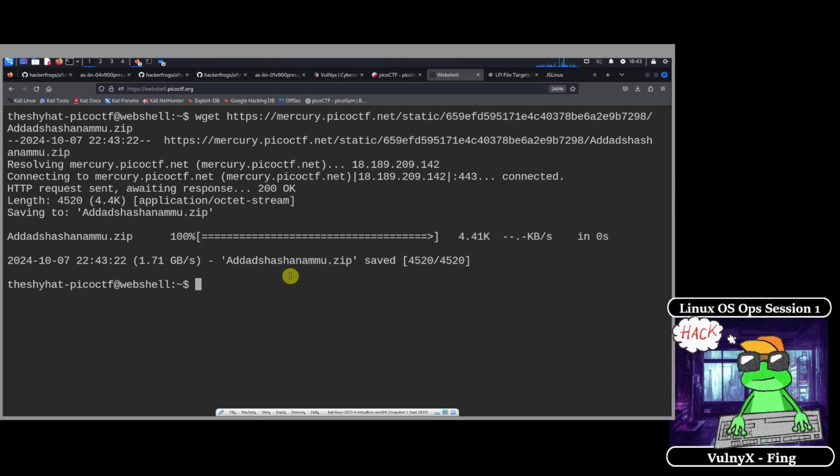And what we need to do with zip files before we can get to the files that are inside of it is we need to unzip the file. So the command for unzipping the file using Linux is pretty easy. It's just unzip, the word unzip and then space, and then the name of the file.